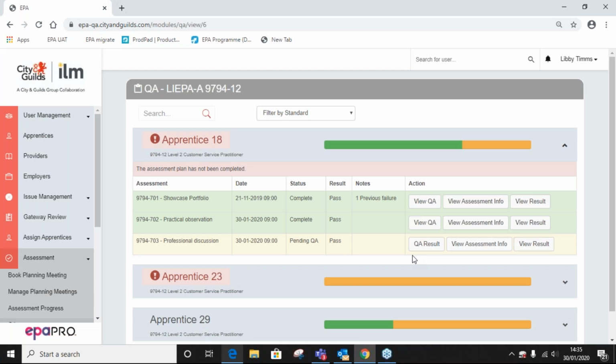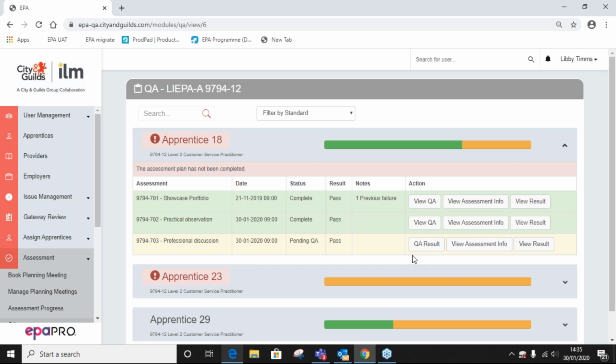Yeah, what we don't know, Kelly, is whether you, as a LIEPA, will be able to see that evidence until the IEPA's put a provisional result in for it and sent it to you for QA. Now we need to test that out. So can you leave that one with us? Sure, yeah. In terms of answering your question, we'll need to have a mechanism for the LIEPA to see the portfolios before any result is finalised. In fact, sometimes before the assessment takes place.